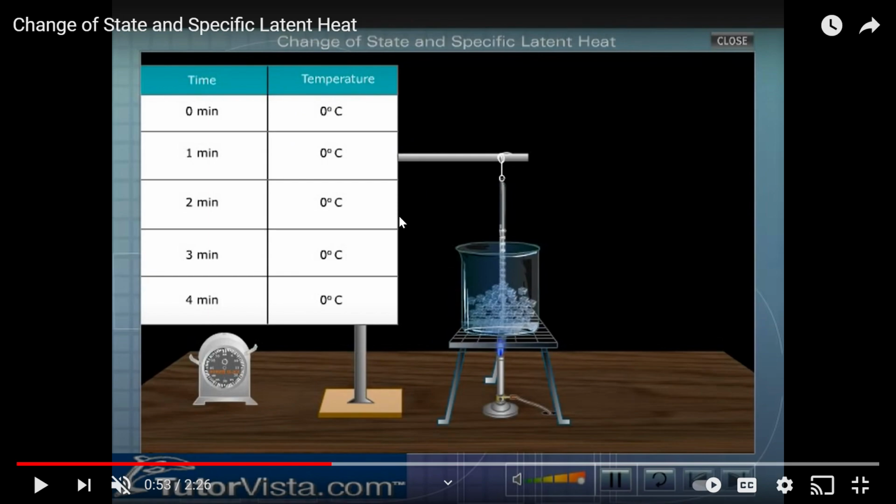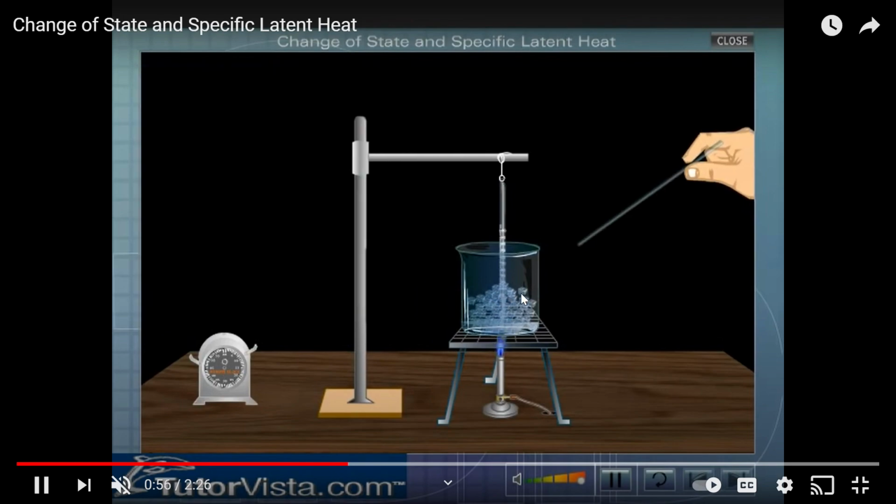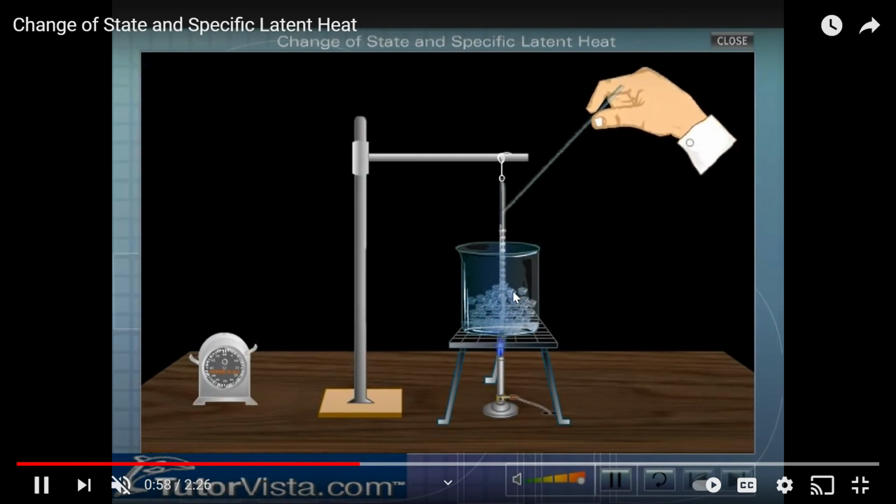Why? The question now arises, if the heat has been provided to the ice cubes, then why is the thermometer not showing a rise in reading? The temperature should also rise in the thermometer, but that is not happening. And this will continue till all the ice has been melted.